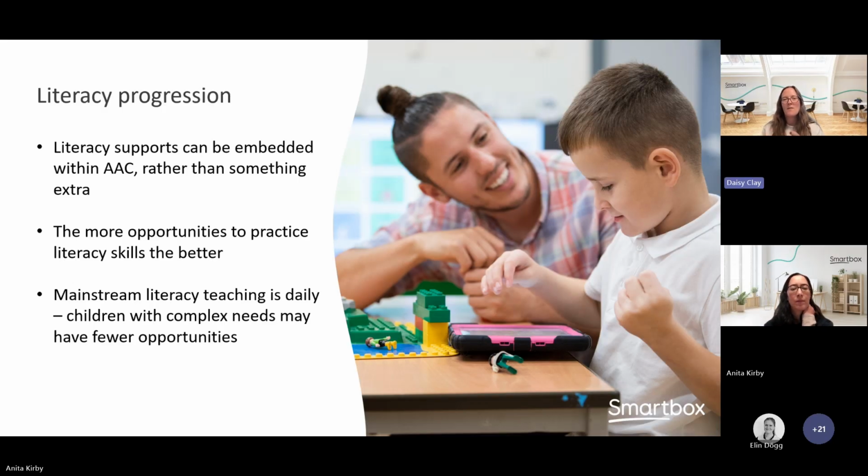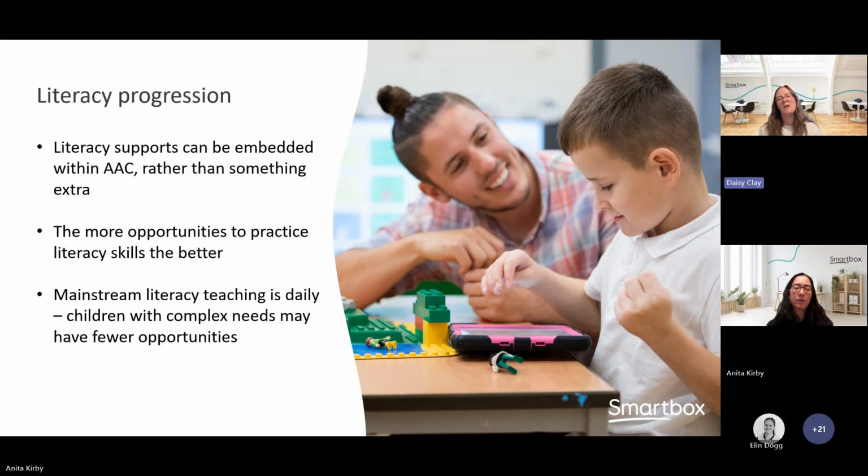Rather than it being something separate or something extra, there is, of course, definitely a place for specific literacy teaching and having time to teach literacy, but we also, particularly in this webinar, want to think about those opportunities within someone's AAC system, because like with any skill that we're learning, the more opportunities we have to practice, the better